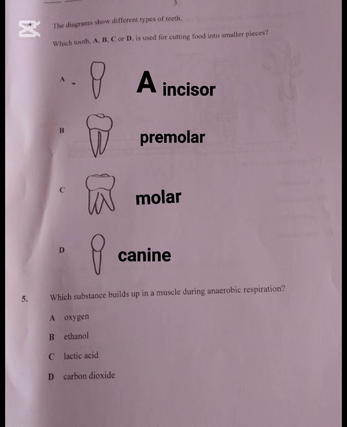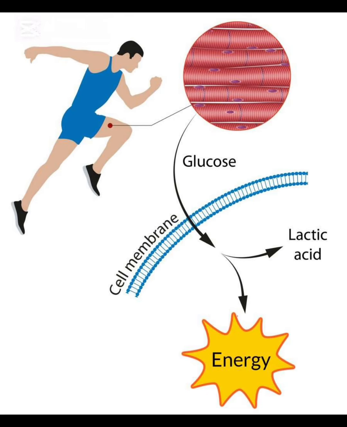And then on number 5, which substance build up in muscle during anaerobic respiration? So first I'm going to explain what is anaerobic respiration. This is respiration that is going to occur in the absence of oxygen. So we are going to select C as our answer on number 5. Lactic acid build up in muscles